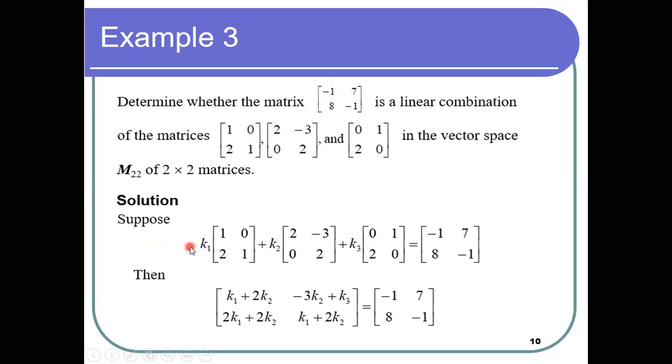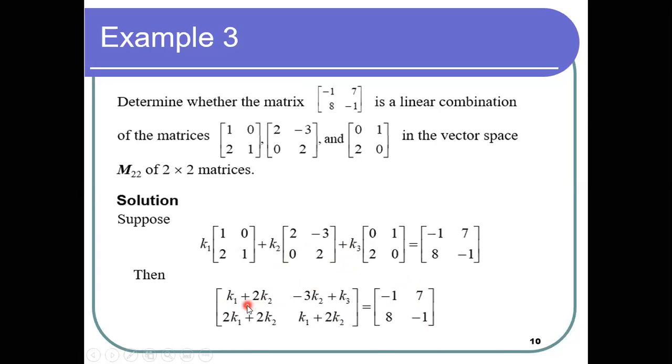Suppose we have three scalars, K1 here, not V1, we put this matrix, since we are in matrix algebra, K2 with this matrix, and K3 with this matrix, because we need to find out whether this can be written as a linear combination of these. So we multiply each K with its matrix, K2 with the second one, and then add, and we get this one. So we compare